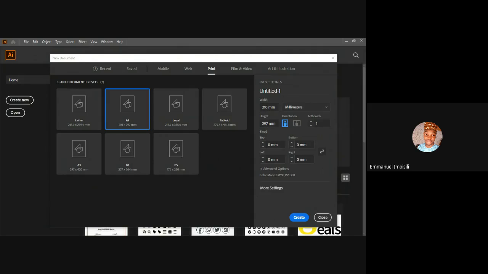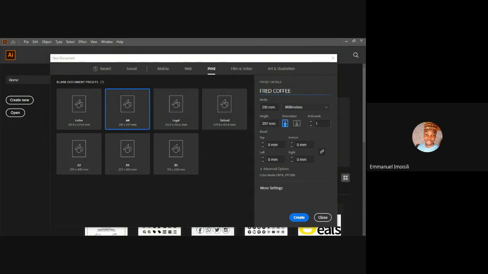You can resize your artboard before printing with your A4, because most times you design some things that are merely smaller than an A4, and you can always resize it to the size you want. At this panel here, you have millimeters, inches, and all, just like in Photoshop. I prefer using millimeters here in Illustrator. So we're just going to quickly rename this. We're going to create Fred. Let's rename it as Fred